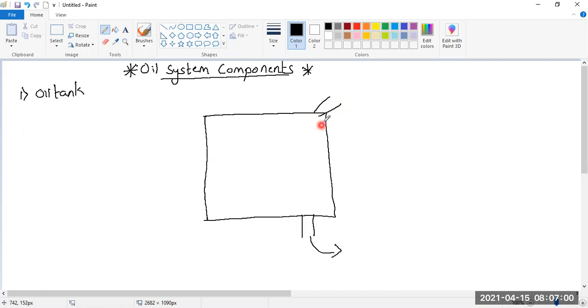If you are filling oil, you should also know what is the amount of the oil that has been filled into the oil tank. For this reason, there are two types of things over here. One is you can have a sight glass through which you can see the level of the oil. Here there are three levels: low, medium, full. So you have to see what is the level, and according to that you have to take the action whether I will fill the oil or not.